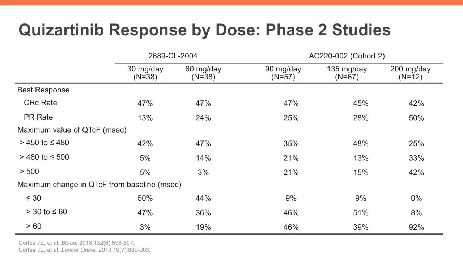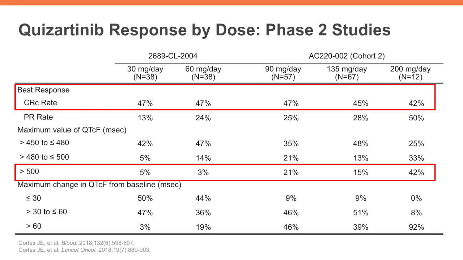As you note, a number of drug doses were tested in patients, and response rates above the dose of 30 milligrams per day are relatively flat all the way up to 200 milligrams per day. But as you see, the toxicity of the drug is considerably higher in terms of QT prolongation above the dose of 60 milligrams per day, and therefore doses above this level are really not recommended clinically.